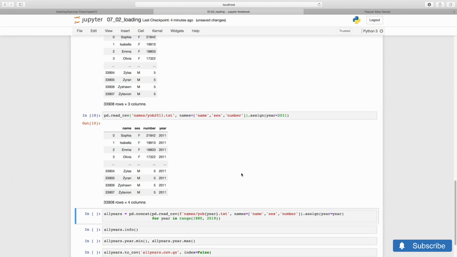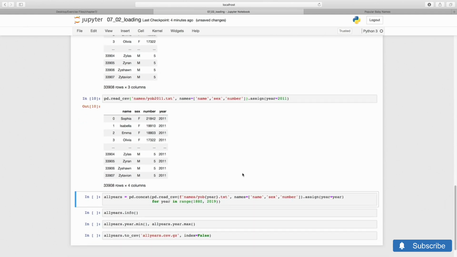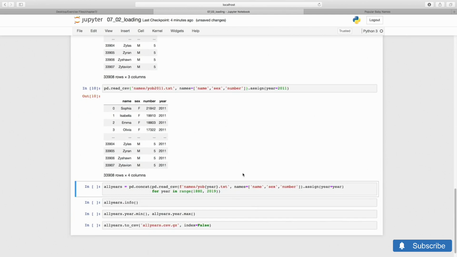Excellent. We managed to load the file in a one-liner, so you can see that I'm going to use a comprehension to concatenate all the data frames. There are several things happening here, so let's look at this carefully. We loop over all the years between 1880 and 2018. We build up the file name using an F string and feed that to read CSV. We specify the column names, and we add the column that gives the correct year from the loop variable. Finally, we pass all the resulting data frames to pd.concat, pandas concat.